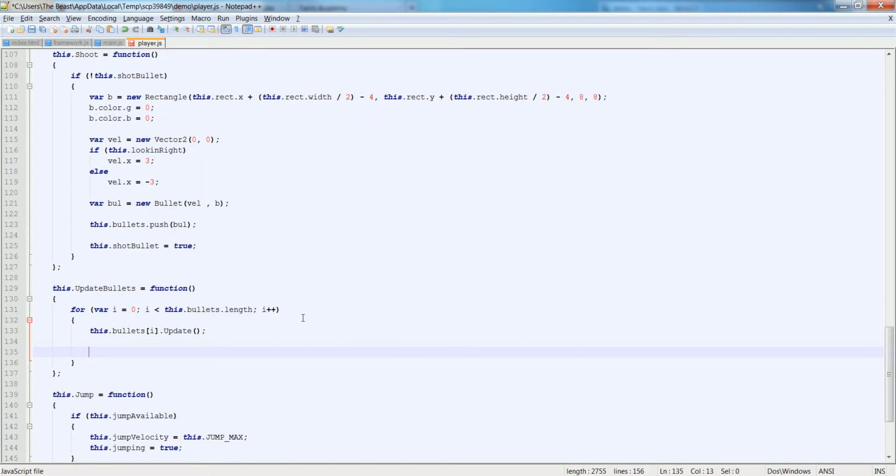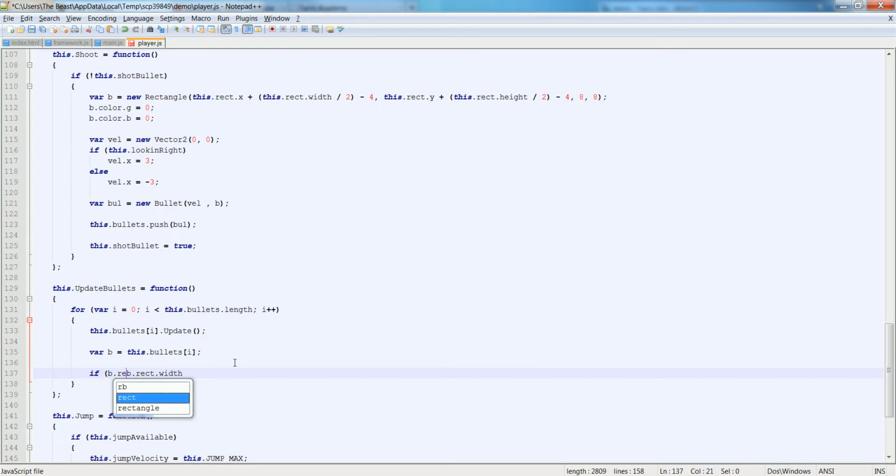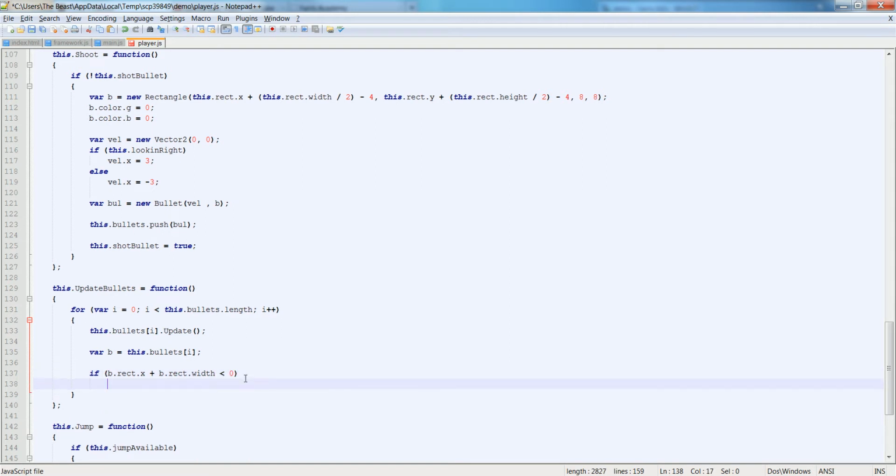So we update the bullets, and then we say if this.bullets[i].rect.x plus, actually this is going to be pretty big, so let's just say var b is equal to this.bullets[i]. So that way we have a smaller check here. We could say if b.rect.x plus the width. So if the x plus the width is less than 0, we want to